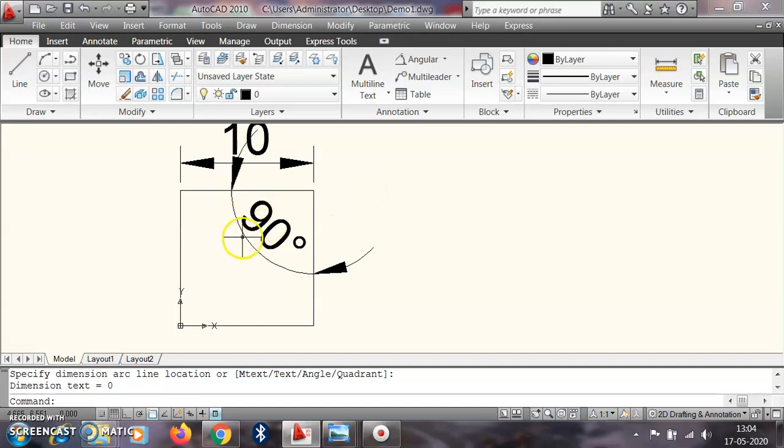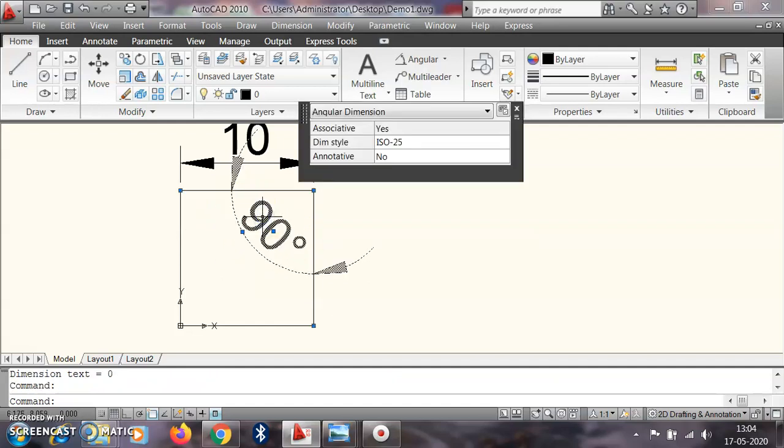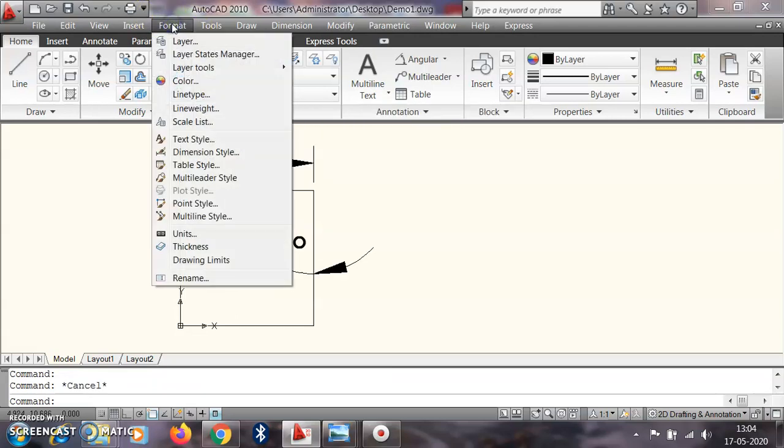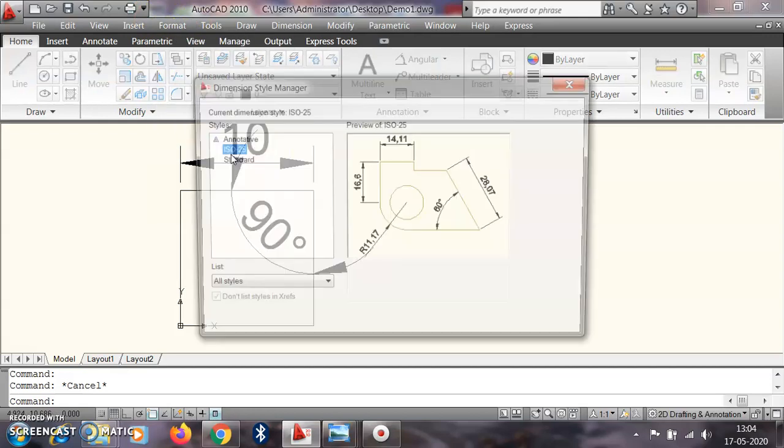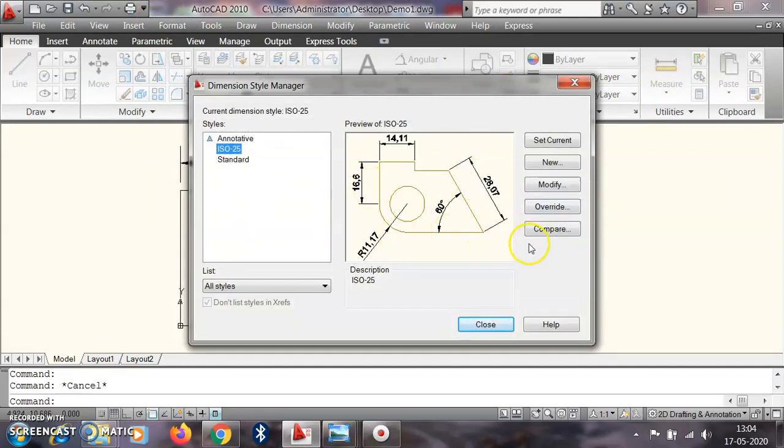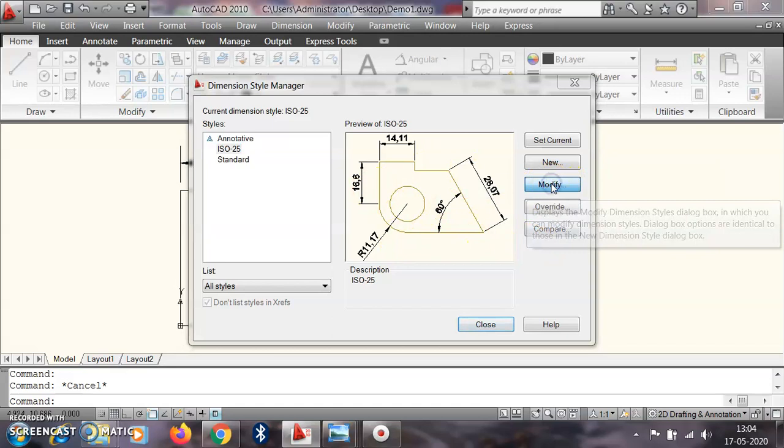I can also change the dimension style. Suppose this dimension size is very large, so I can click here or go to Format, and then Dimension Style. In Dimension Style we can modify the existing style.